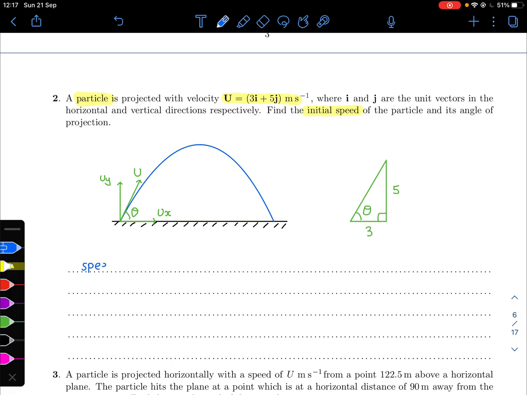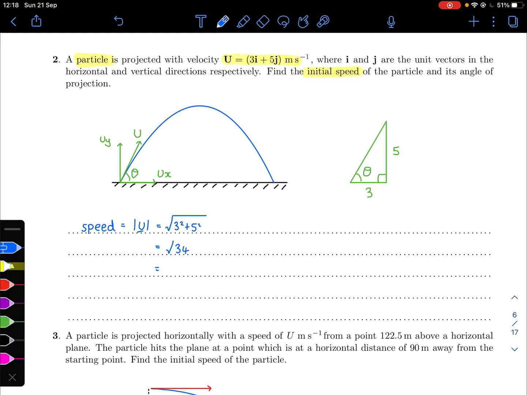We've been asked for speed, and when working with velocity vectors, we know that speed is found as the magnitude of the velocity vector, which we will always get using Pythagoras, with or without a diagram showing that it's a right angle triangle. That gives us root 34 as our exact answer. We won't ask for an exact answer, so I would give a 3 sig fig one, with units for the context,